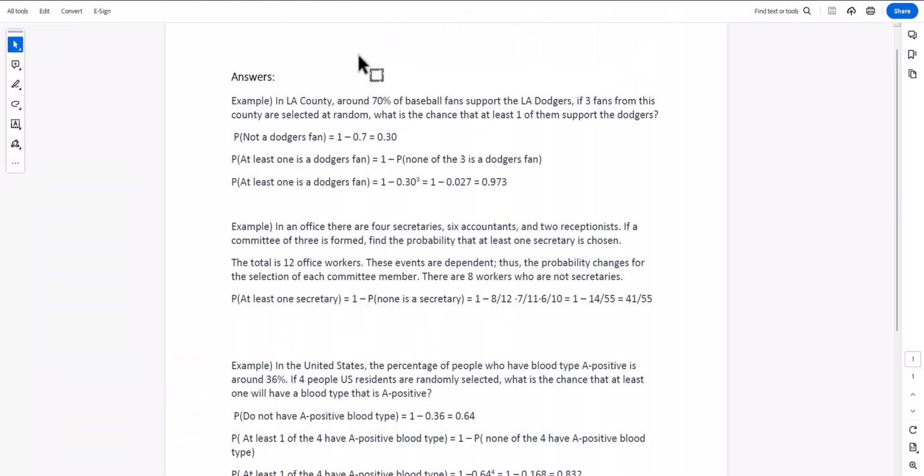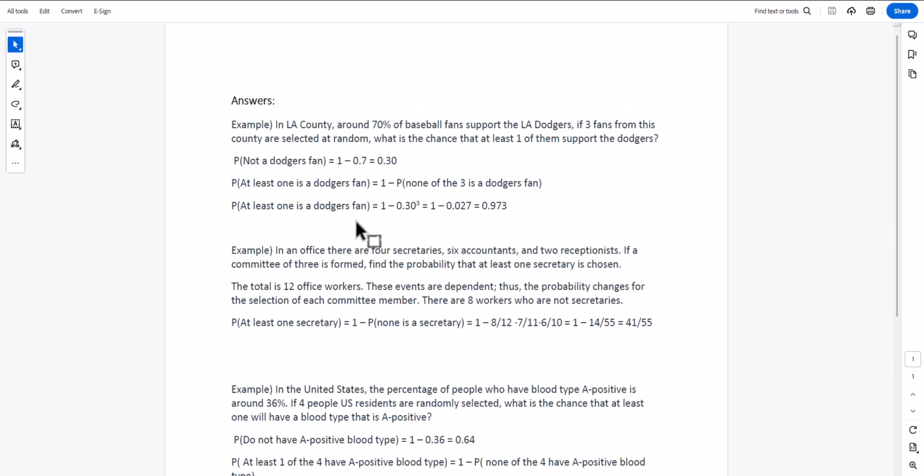Hi, in this video I'll review some problems involving the at least one probability. The first example states the following. In LA County, around 70% of baseball fans support the LA Dodgers. If 3 fans from the county are selected at random, what's the chance that at least one of them support